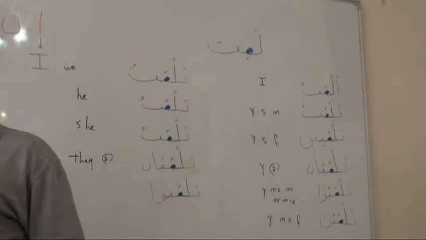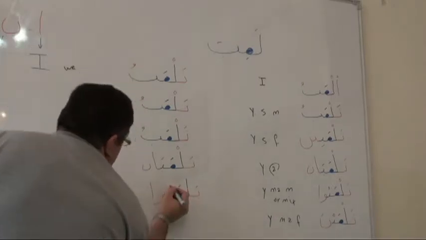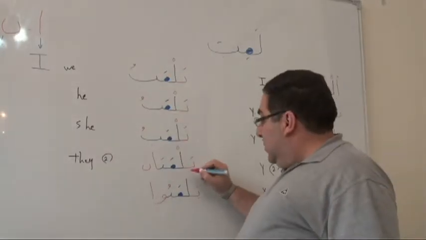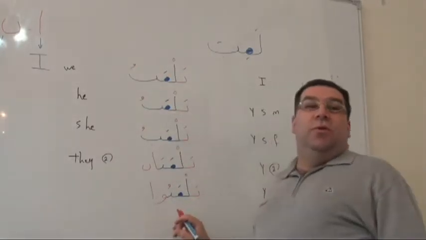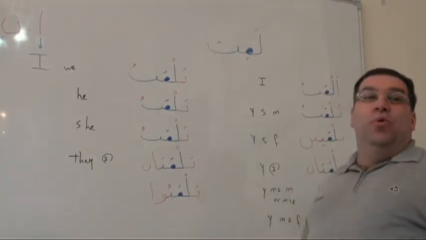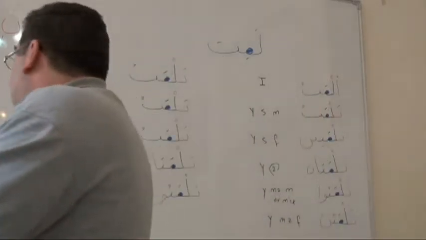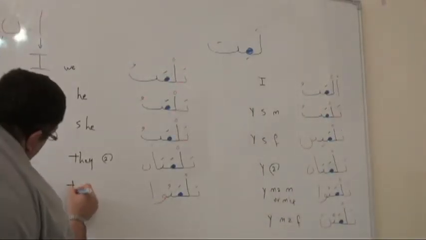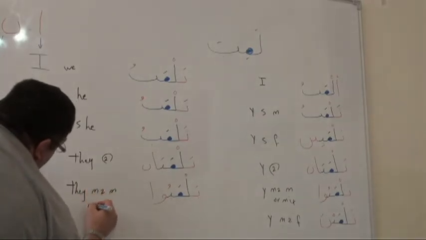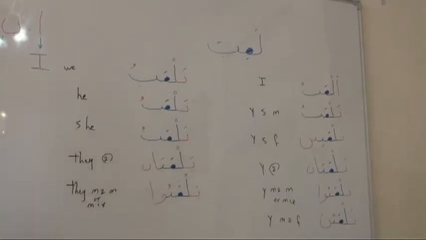Here, dhamma and so what is this word, Joe? يلعبوا. So يلعبوا is for they more than 2 male or mixed. 他们的复数